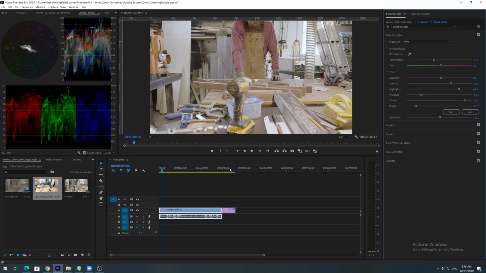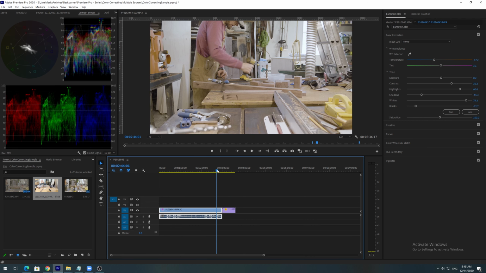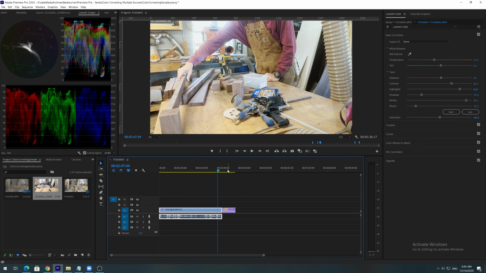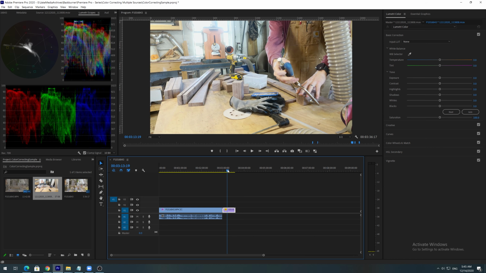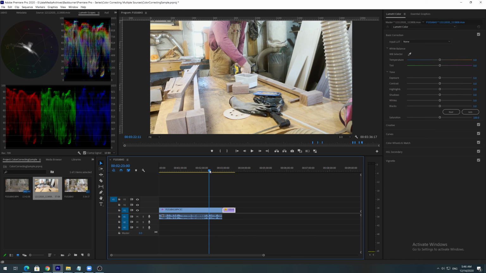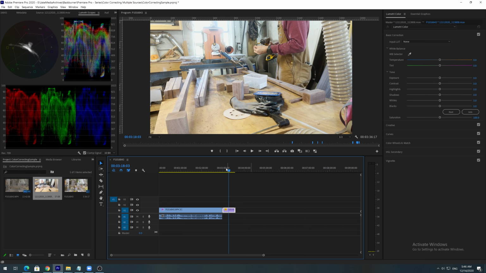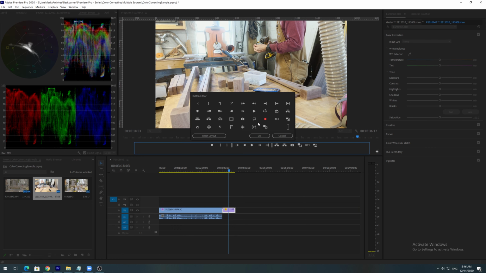Now let's go over to our iPhone footage. If I click between them, I can see their differences, but that's kind of a challenge to have to go back and forth, and that's really where the comparison view is awesome. Comparison view in Premiere Pro is pretty cool. It allows us to see these side by side, and in your toolbar underneath your preview panel, there's a button, an icon that looks like two little film strips, and it says comparison view if you hover over it. If you do not have this button, go over to your plus on that toolbar,